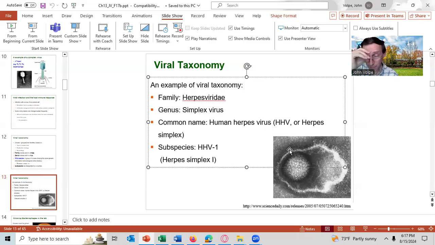Now, many viruses do have a grouping above the family. Let me see if I can remember what that is. King Peter's son came over from Germany. All right, so that would be order. So many viruses have an order, and that would be above the family, but very few viruses have a grouping